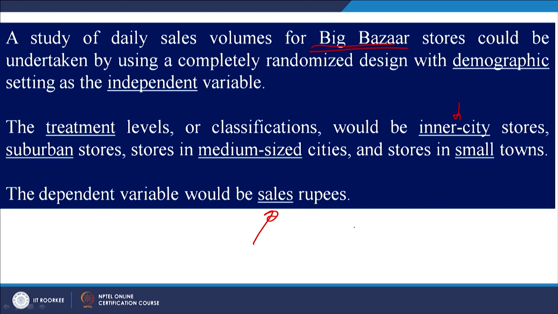Okay. So, this is how you should know the difference between dependent variable and independent variable. You will always have some subcategories of independent variables, and those subcategories are called either levels or classification variables. Let us look at what is one way analysis of variance, or one way ANOVA.